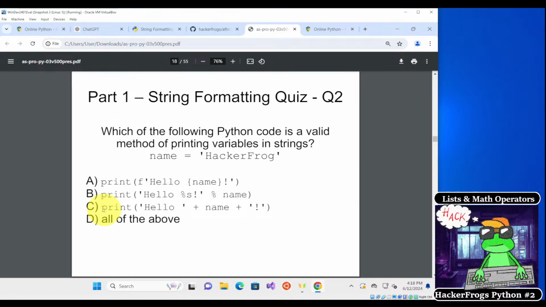Question number 2, which of the following Python code is a valid method of printing variables and strings? So assuming that we have this variable here, name equals the string HackerFrog, which of the following is a valid way of printing variables in strings? A, B, C, or D? Okay, so the answer is that all of these are going to work. These are all different ways of incorporating